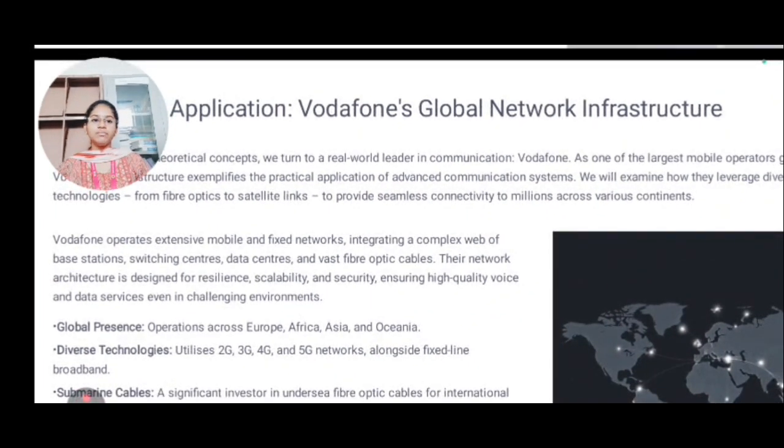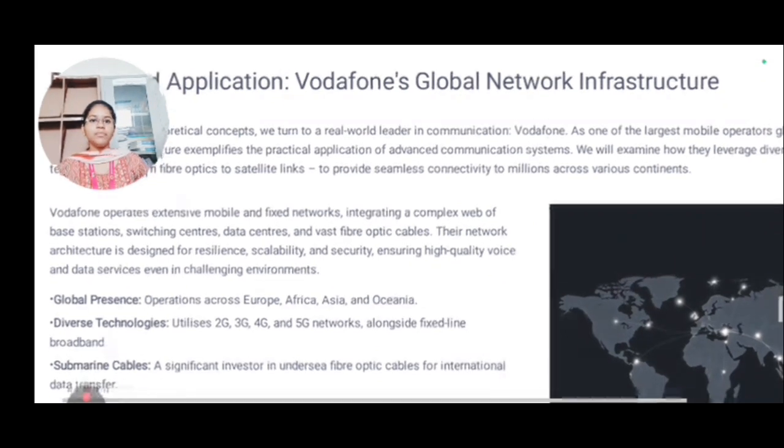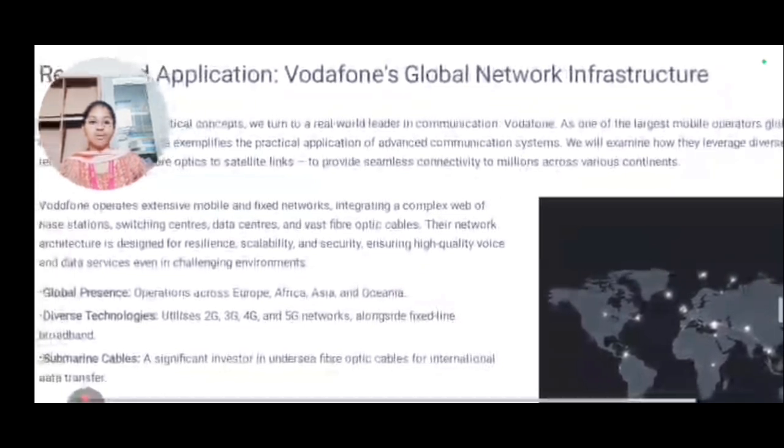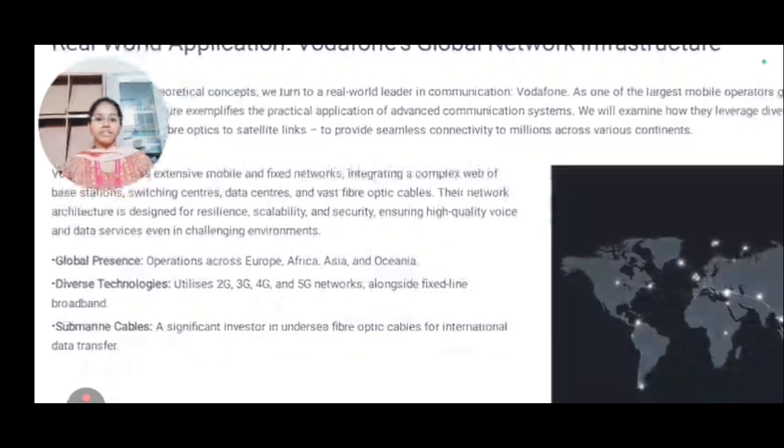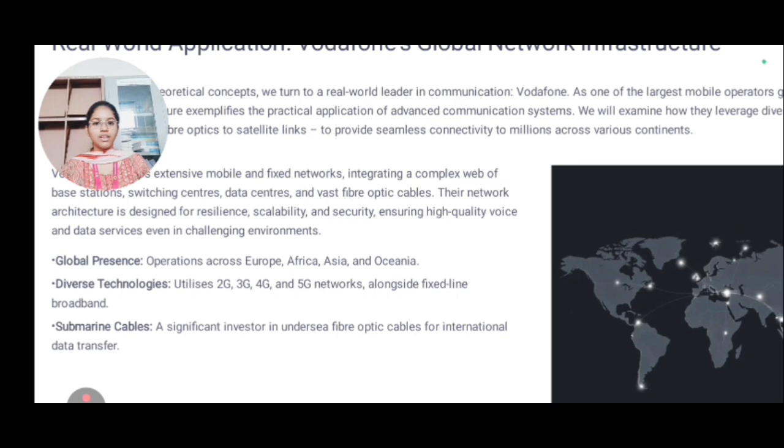To provide seamless connectivity to millions across various countries, Vodafone operates extensive mobile and fixed networks, integrating a complex web of base stations, switching centers, data centers, and fast fiber optic cables. Their network architecture is designed for resilience, scalability and security, ensuring high quality voice and data service even